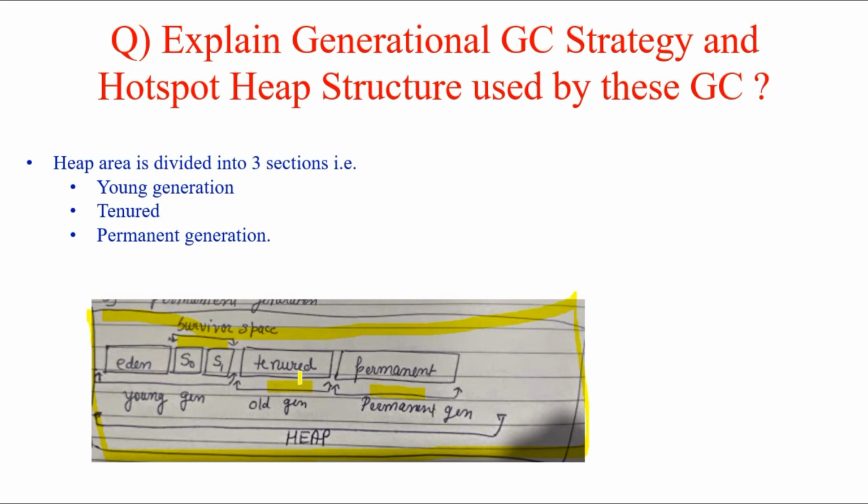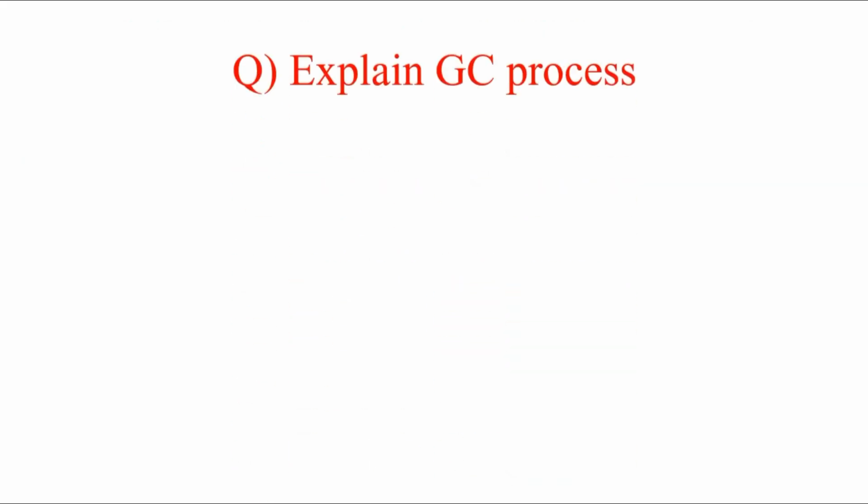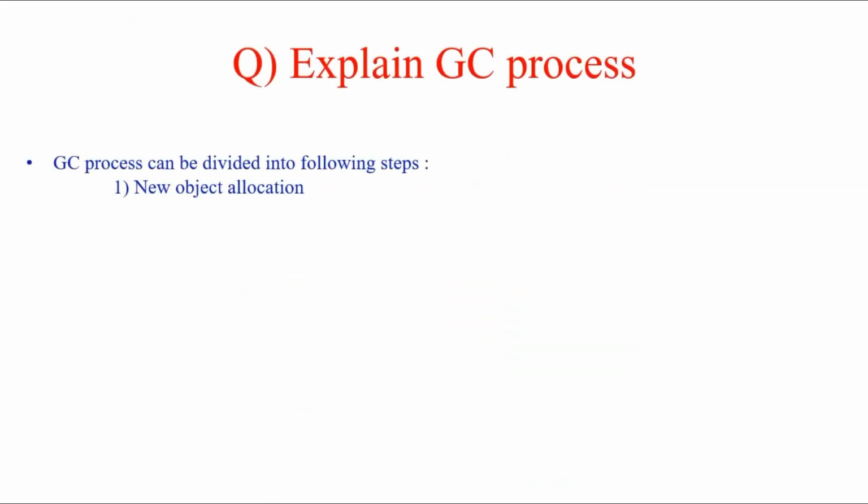That means it is being used still even now in your memory. So this is the old generation and the permanent generation. Permanent generation is nothing but the area where many of your permanent objects are stored. Say for example, many methods, many of these tag things, everything which is permanent is actually stored in the permanent generation. I'll discuss this more in detail. First, let me make you understand how the garbage collection works on these areas. So let me explain the garbage collection process. I'll show it all diagrammatically to you.